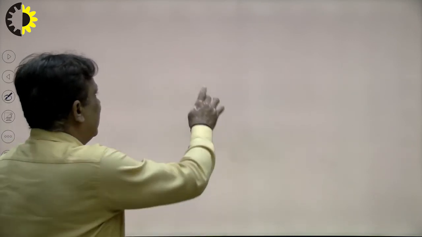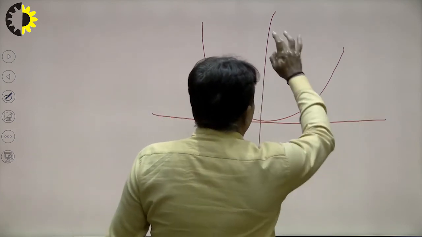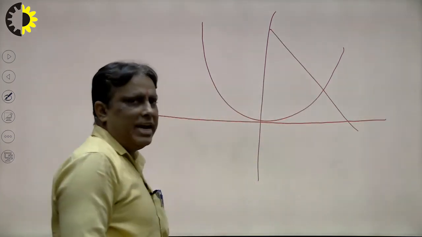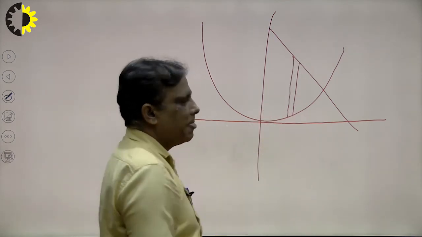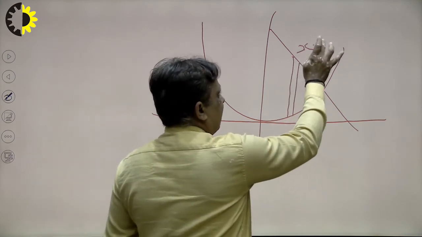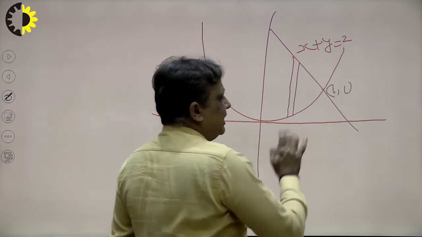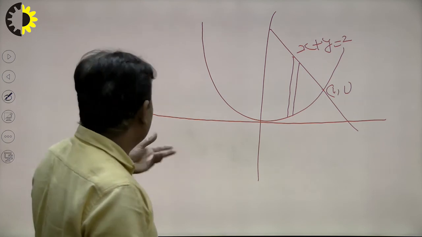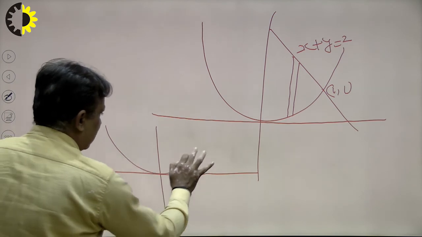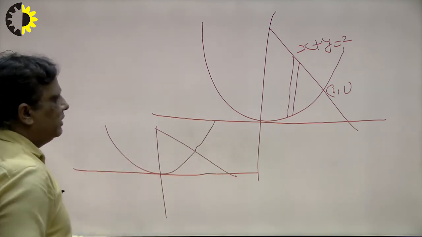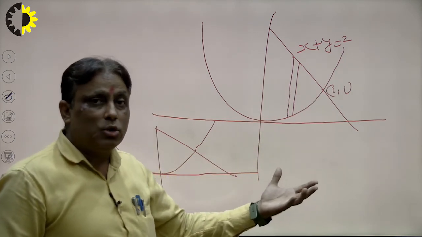So I explain here. Suppose I have this curve and this straight line passing through this. Suppose any student takes the limit in this curve parallel to the y axis. So this is the diagram, and this line is x plus y equal to 2, and this point is 1 comma 1. Suppose any student has a problem solving this type of problem, then how to change the order of integration here? In this region the strip is parallel to the y axis. Now our aim is taking the strip parallel to the x axis.